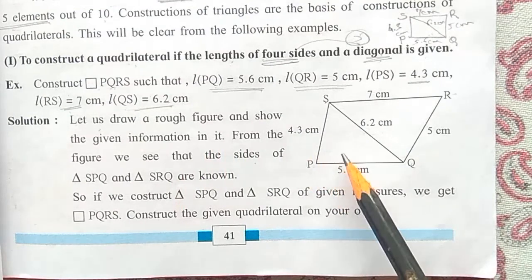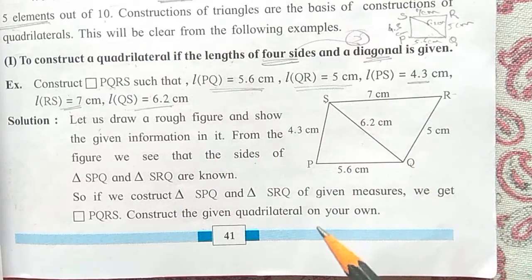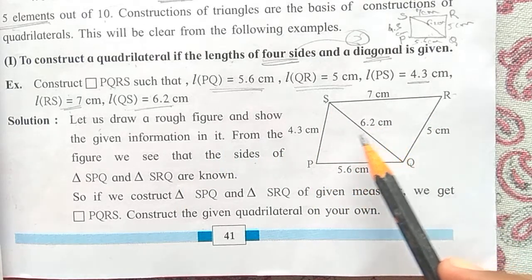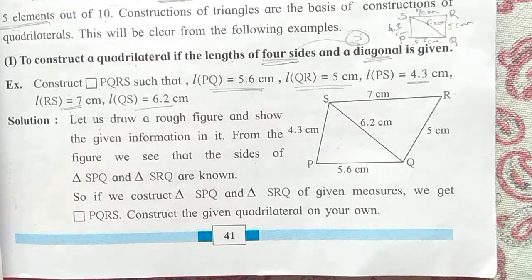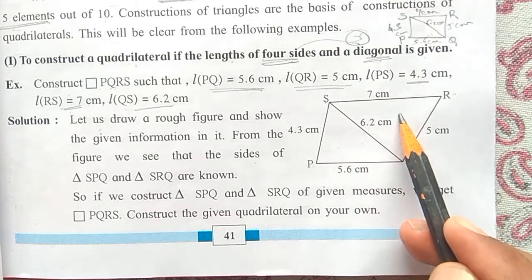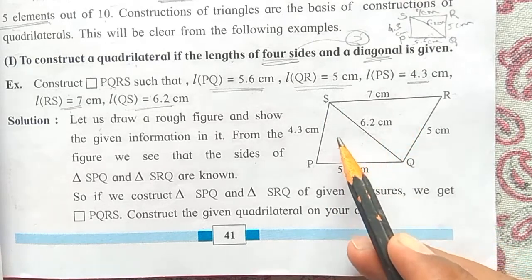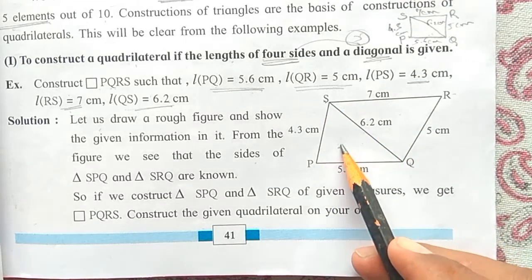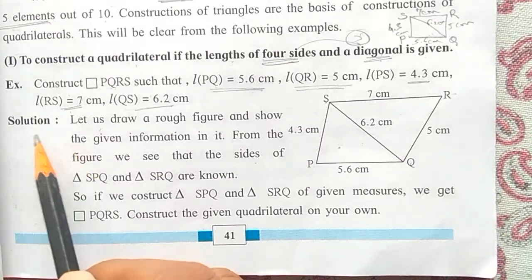Remember one more thing. One additional point is there. Drawing a quadrilateral means nothing but drawing two triangles together, joined to each other. Okay, here you see quadrilateral with a diagonal means here this is one triangle, this is one triangle. Okay, so in 7th standard you have learned how to construct a triangle. Here you have to construct 2 triangles together. It is nothing but the constructing of a quadrilateral. It is very simple. Okay, how it is solved?